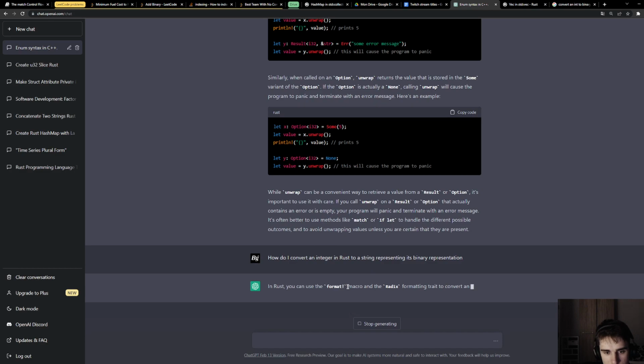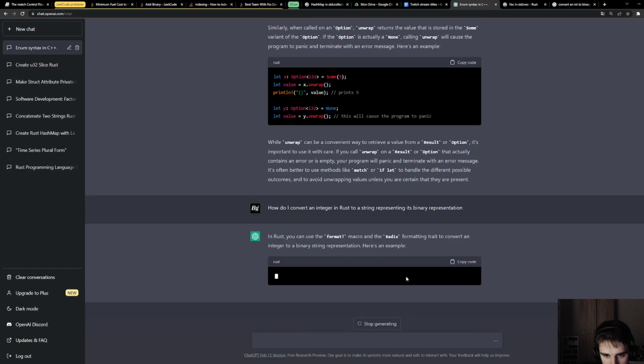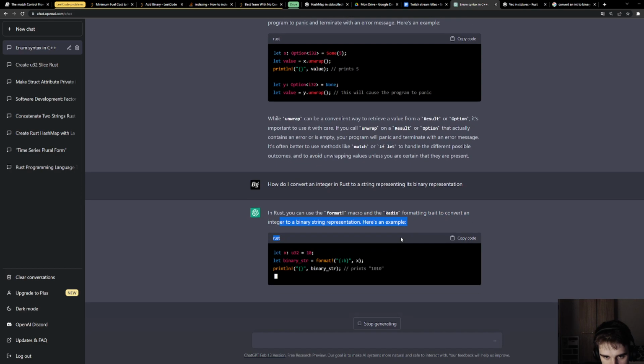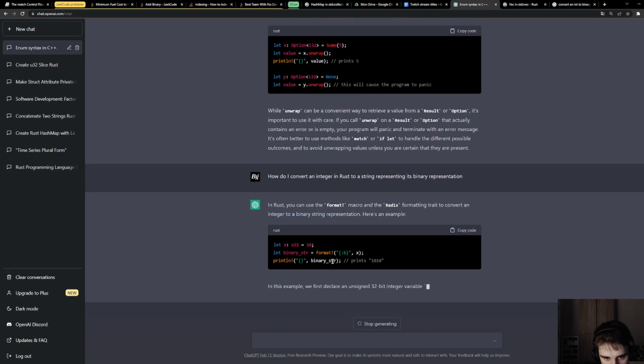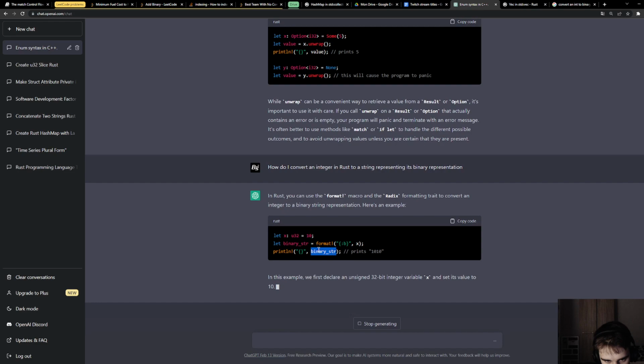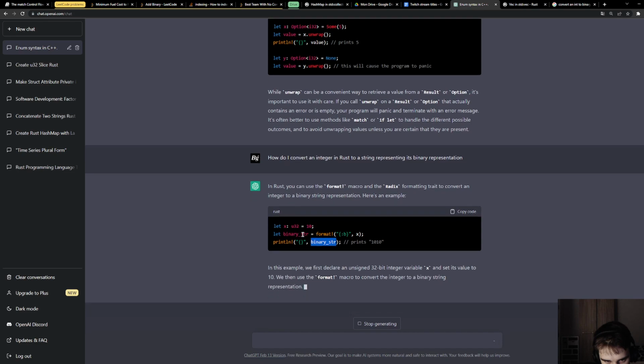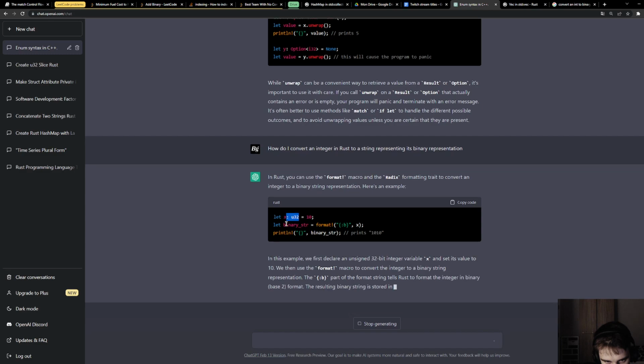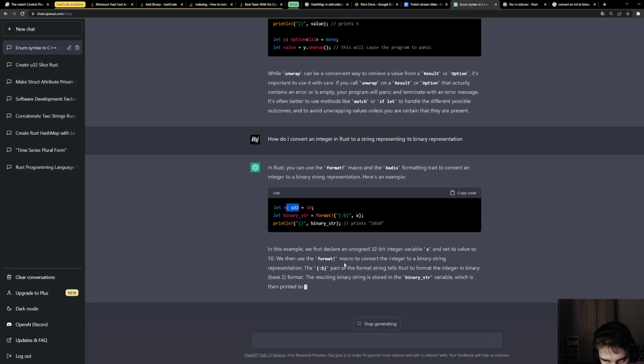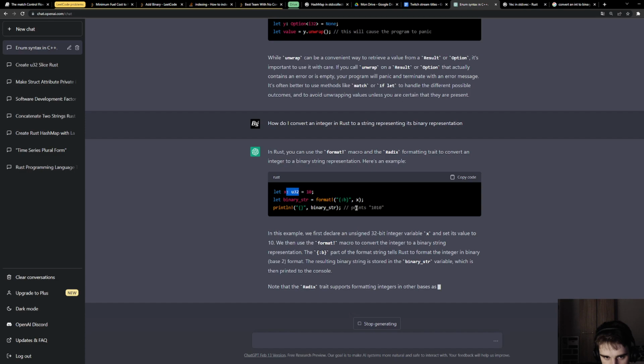In Rust, you can use the format macro and the radix formatting trait to convert an integer to a binary string representation. Here is an example. Is this not what I just did actually?